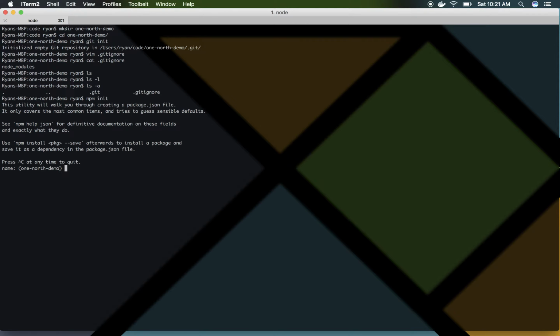So this is the npm command to create a new package. The name, it's going to default to One North Demo. It sounds good. Version 1, yep. Description, demo, MVC, MVU,